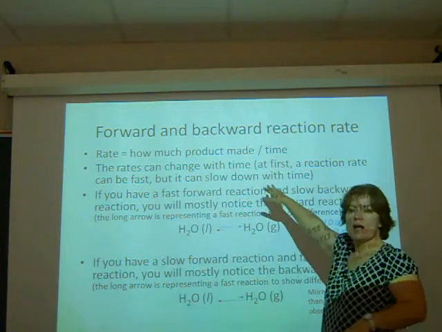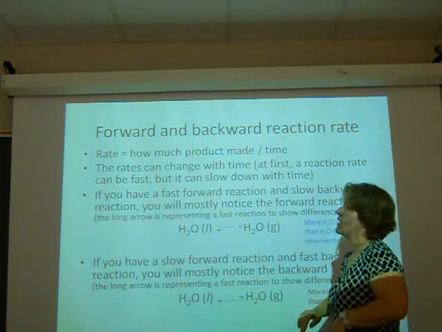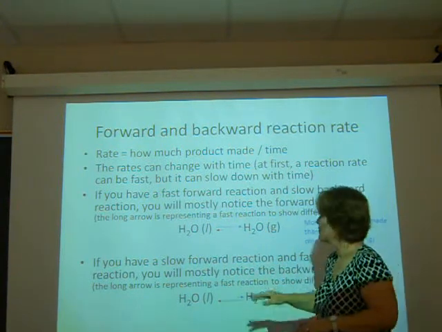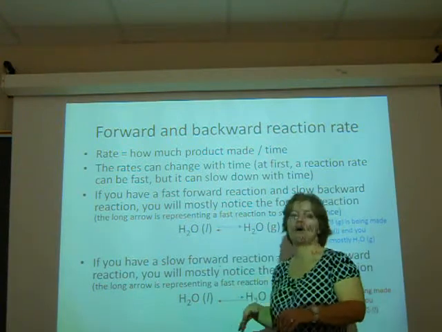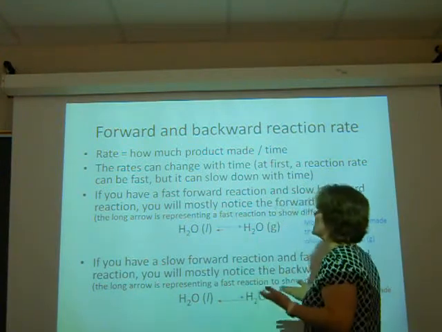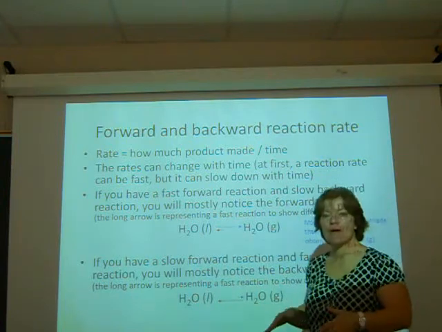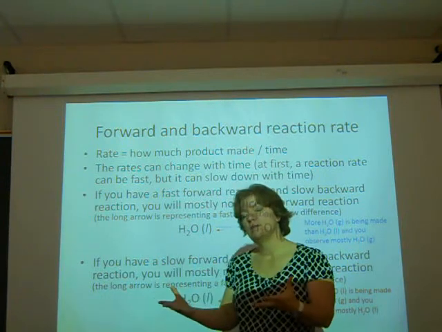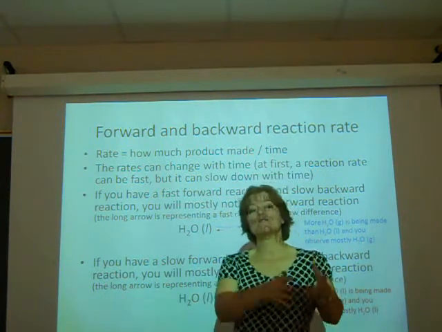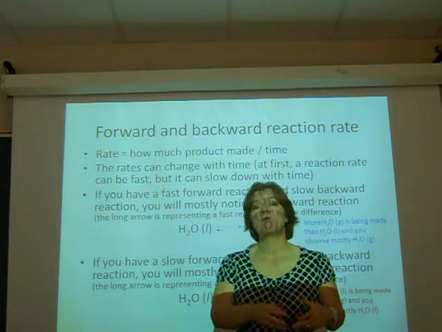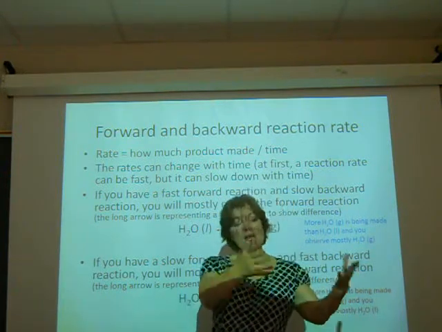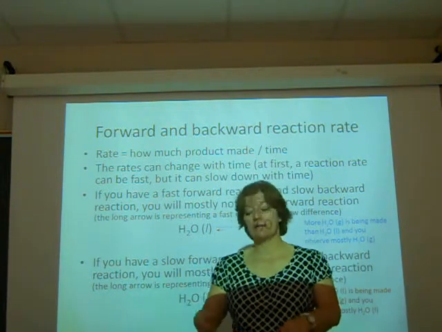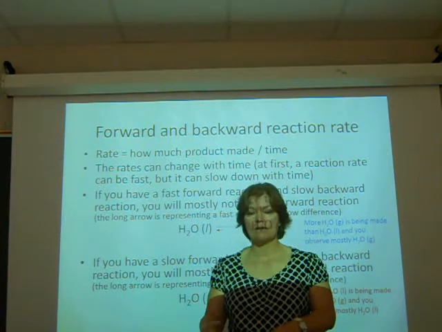So they can change with time. They can be fast or they can be slow. If you have a fast forward reaction and a slow backward reaction, I have a very fast reaction competing with a very slow reaction. I'm going to mostly see products. I'm going to mostly observe the forward reaction. So assuming that I had a bunch of Legos, and one person was putting the Legos together in a forward reaction, and another person was pulling them back apart. The person putting them together was very quick, and the one pulling them back apart and putting them back into the unreacted, into the individual Lego pile,